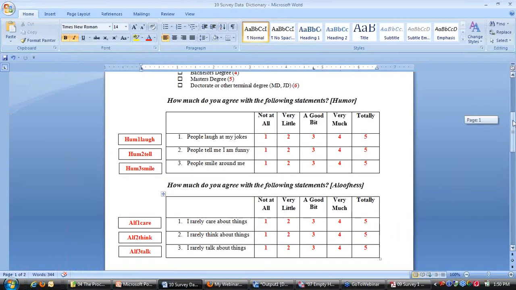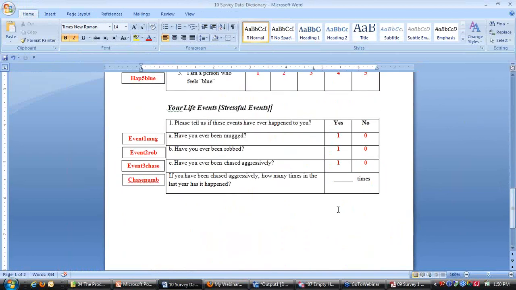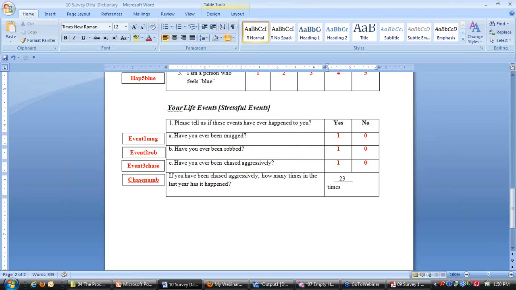So with our survey here, if somebody was completing this survey and they got to C, have you ever been chased aggressively? And they indicated checked here, which is no. But then here they enter 23 for 23 times, right? Well, then you don't know. Is it no, you've never been chased, or yes, you've been chased and it's 23 times? See, the tricky thing is if you wanted to do a study and you say people who have been chased have more anxiety, and you don't look at this part with how many times, all the people that said no,